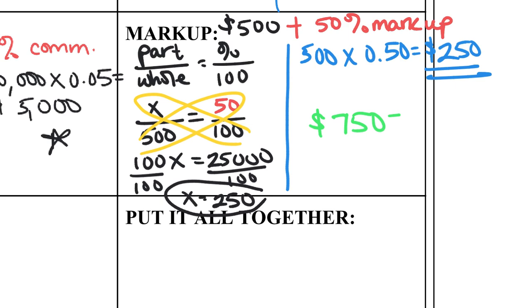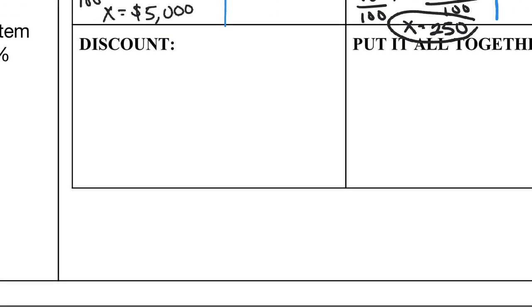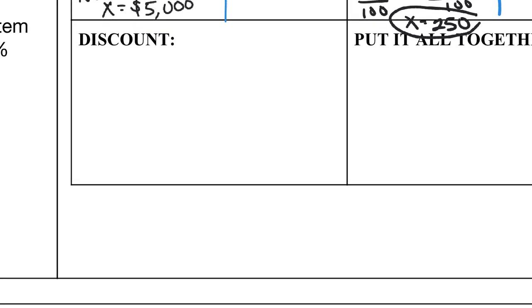All right, our last question over here is discount. Discount is very similar to markup, except instead of selling it for an increased price, we're selling it at a discounted price. So let's keep with that car example. Let's say that someone is selling a car for $50,000, but they're going to give us a 20% discount. Alrighty, so same thing, we do our part whole,